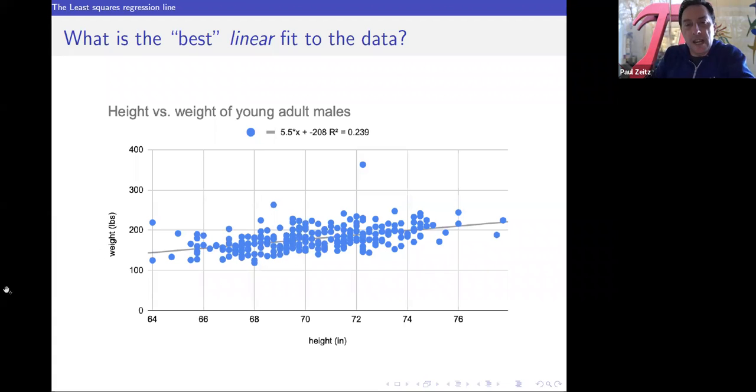On the other hand, if I use the trend line as my answer, then for a 66-inch person, I wouldn't say that he's 180 pounds. I'd say he's 150 pounds. And for 76-inch persons, I would say that they're about 215 pounds. If you use the trend line prediction for everybody, and you collectively ask what's the variation now, which is the error variation, the sum of the squares of those errors, it's going to be smaller. And what is it as a fraction of the errors if you knew nothing, which would be the total variation?